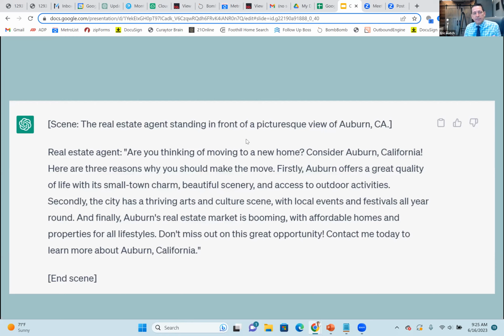But the Captions app, if I took this information right here and stuck it in the Captions app, it would actually be perfect for me. You just hit the little record button. It gives me the first sentence, you say it, let go, and it records that segment. Then it flashes the second sentence, and okay, I got it memorized. I don't have to read it. Then you just say the second sentence, let it go. So the Captions app is pretty amazing. I would highly recommend that app.